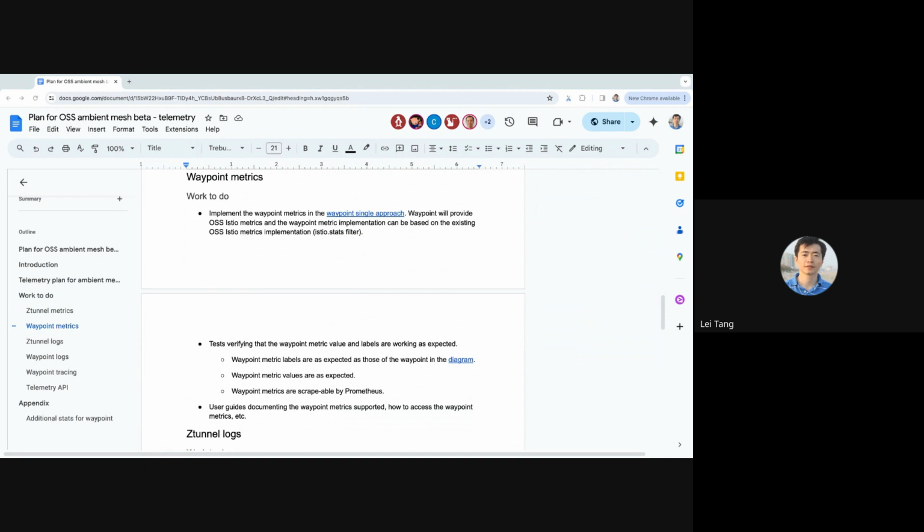Essentially, the reason it reduces the cardinality is it doesn't maintain these combinations between source and destination. Instead, it knows which sources send to it and which destinations it's going to forward to. The cardinality comes from X times Y, X being the source, Y being the destination. Well, it does know both the source and destination, because Z tunnel has enough information about the source and certificate and all that.